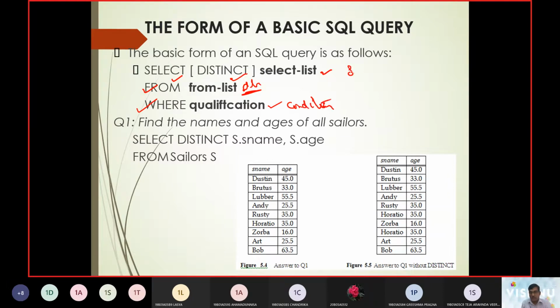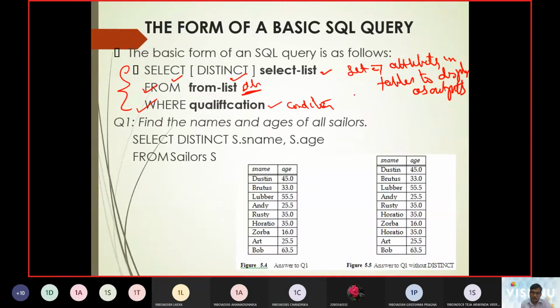The select list is a set of attributes in a table to display as outputs. So this was the prime agenda why we are bringing up the SQL syntax at this point of time.